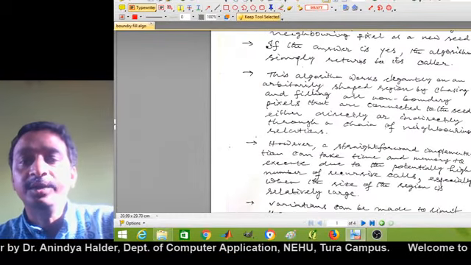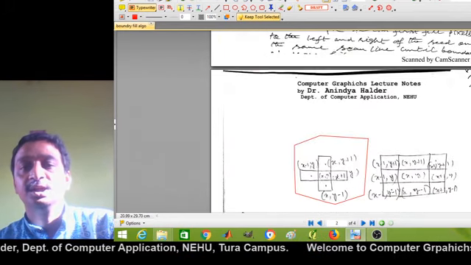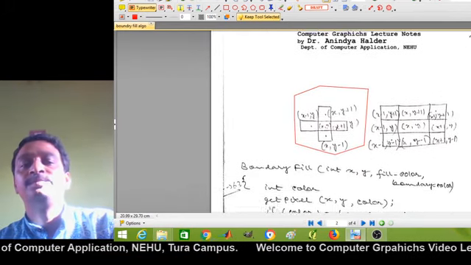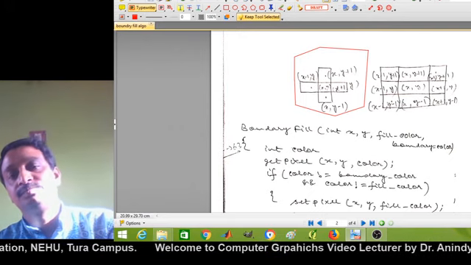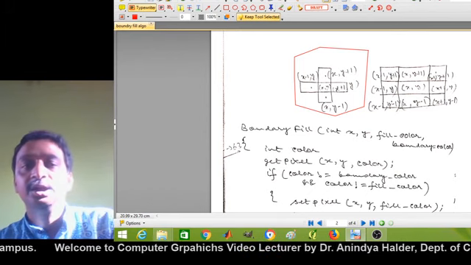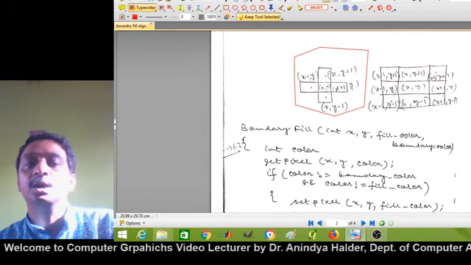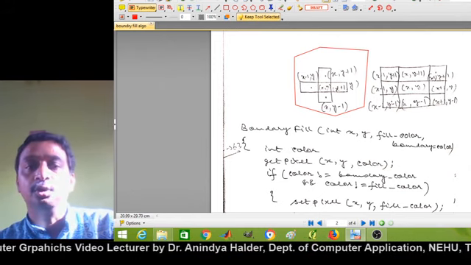And if the chosen pixel, that means the seed pixel, is not a boundary pixel, or if it is already filled, then it will not call recursively using its surrounding pixels, and it will not fill it either.